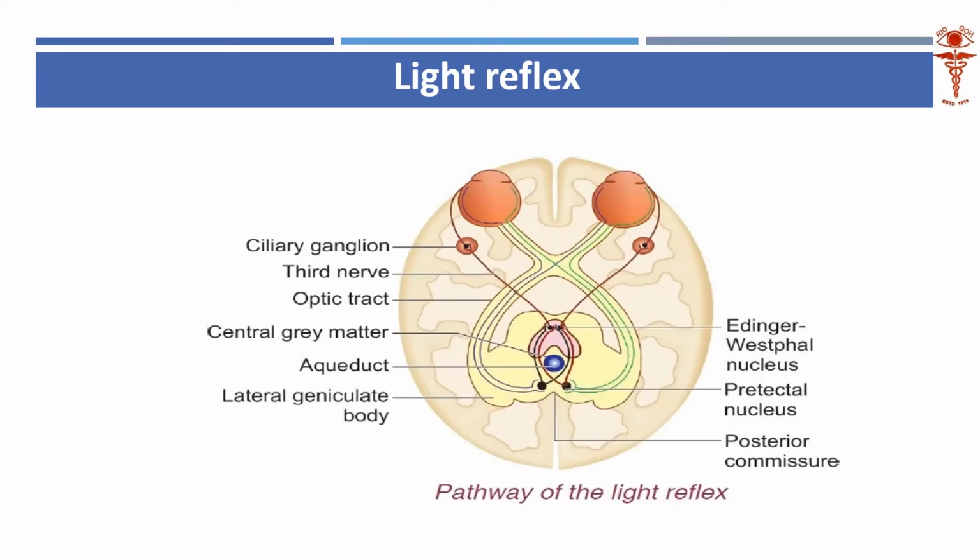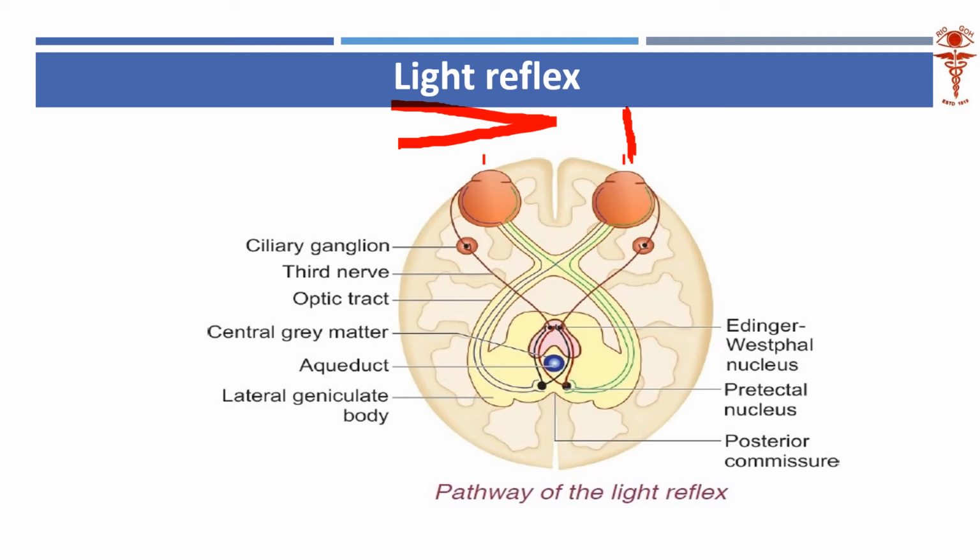Before going into the visual defects caused by lesions at the multiple levels of the visual pathway, we will spend some time with the light reflex, a very basic reflex. Yes or no? Whenever I shine a light in my eye, that pupil is going to constrict and the other pupil is also going to constrict. So there is a direct and consensual light reflex, and this direct and consensual light reflex is equal and simultaneous. How is it that if I shine my light on my right eye, my left eye also constricts? That we are going to try to understand.